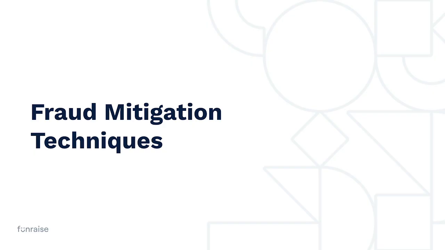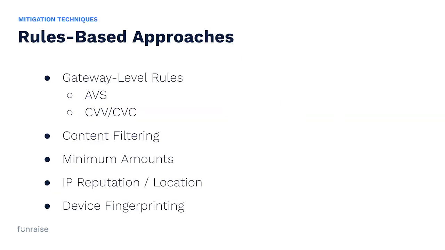And so there are several techniques. And I think you could probably broadly categorize these techniques into two buckets, right? There are the rules-based approaches, and those are the ones that, if you Google how do I stop fraud on my donation page, you're going to get probably a list that looks something like this. They're very mechanical, very rules-based. Well, if I find a donation and it comes from a bad IP, we should block the IP, right? Or I notice that there are lots of small donations, so I need to configure my donation form to have minimum amounts. Maybe we'll cap it at $5.